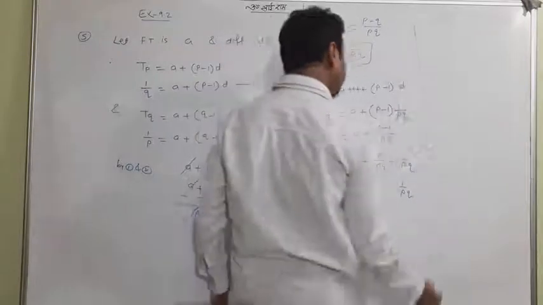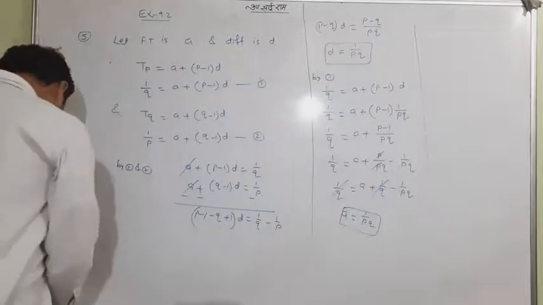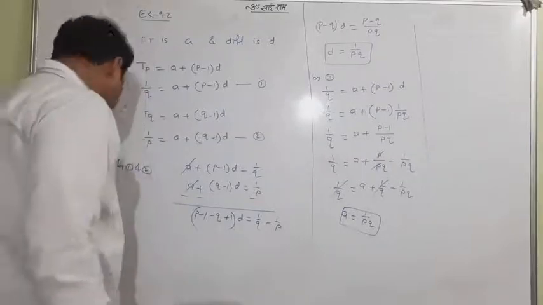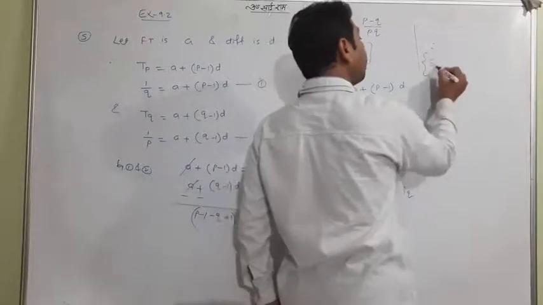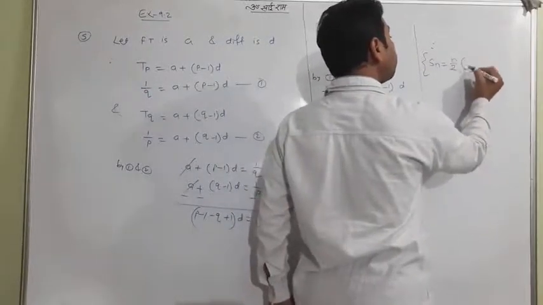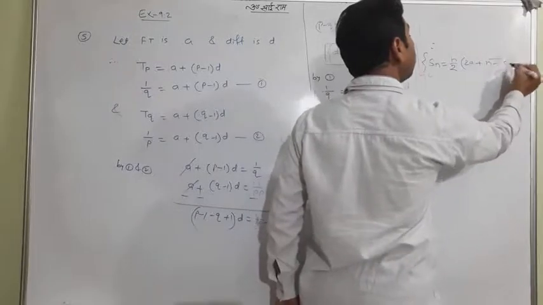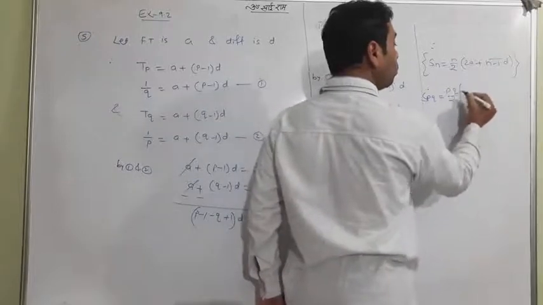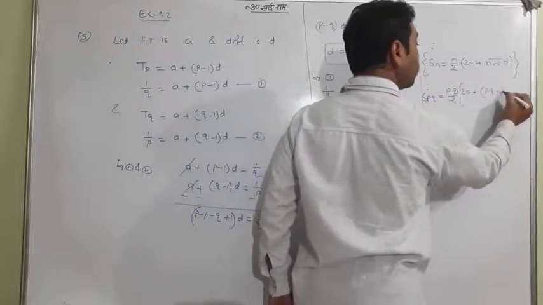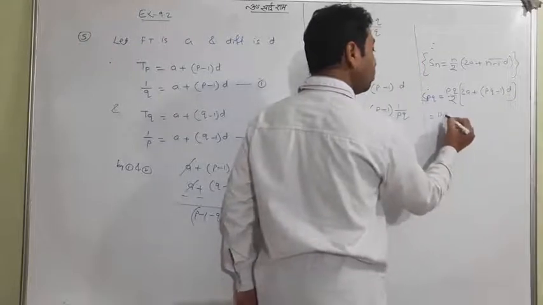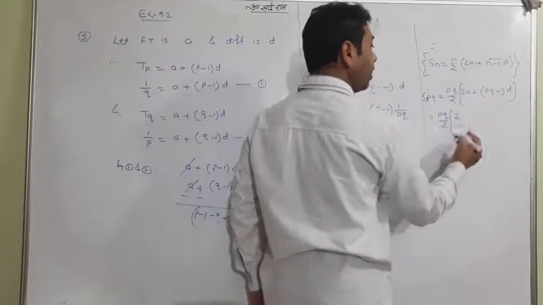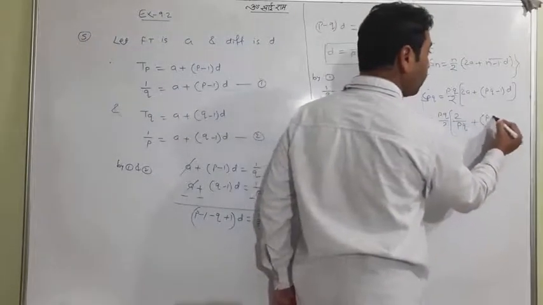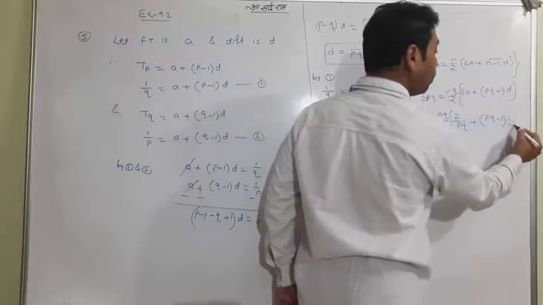Now what are we told? We are told to prove the sum of pq terms. So definitely I'll use the formula for the sum Sn, you know, n by 2 into (2a plus (n minus 1) into d). So what is the sum of pq terms? pq by 2 into (2a plus (pq minus 1) into d). Put in the values, guys. pq by 2, what is a? a is 1 by pq, so it's going to be 2 by pq plus (pq minus 1), d is 1 by pq.